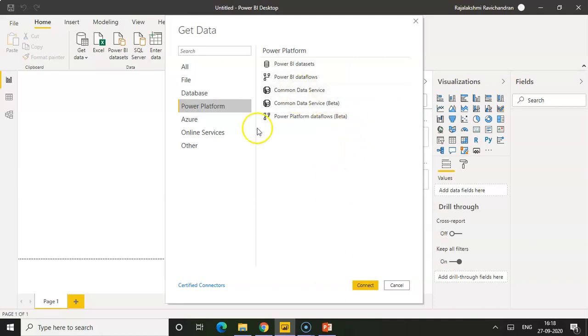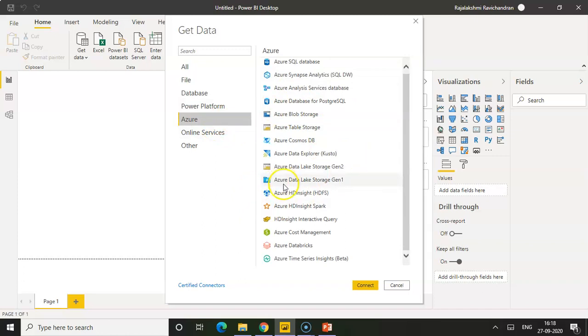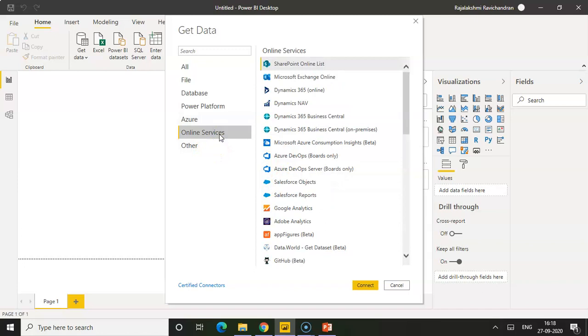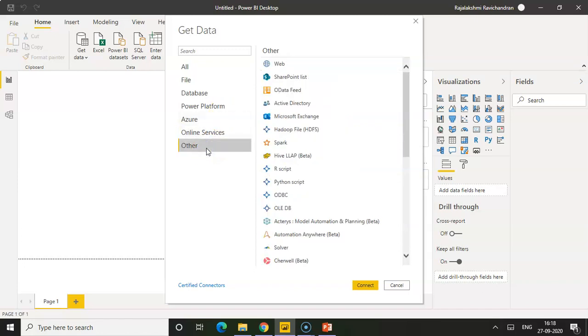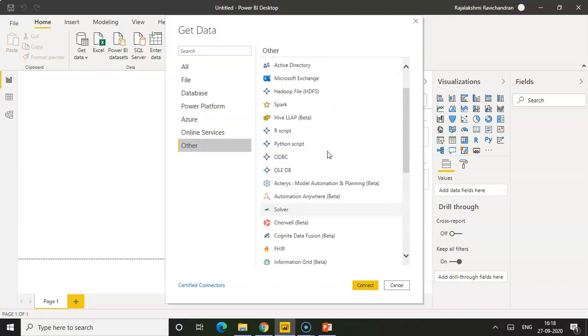We will be exploring this later. Microsoft Azure, since it is a Microsoft product, you can directly connect with your Azure. And you can also pull data from web sources using online services. You can also see other supported data sources, where you can connect with an R script or a Python script, OLTP or OLEDB data sources.